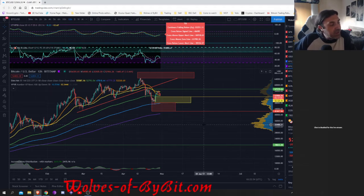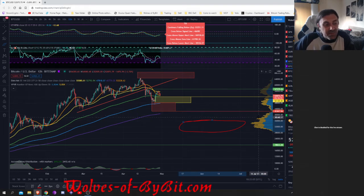Basically, at the lowest bounce from here, if you really want to have the most pessimistic analysis, I would say bouncing somewhere around here at 35,000. This would be, in my opinion, the lowest it could go. Why? Because once the price starts breaking through those boxes and actually goes all the way down, there has been quite some momentum,